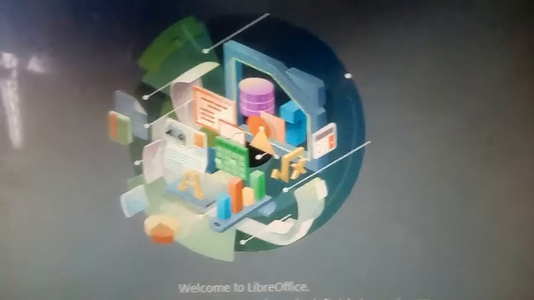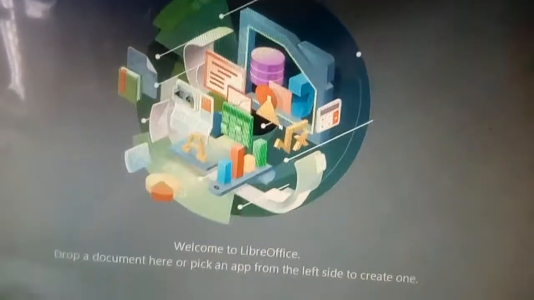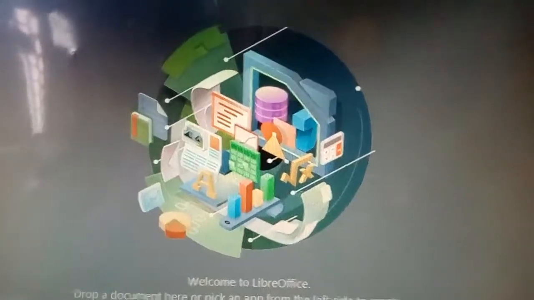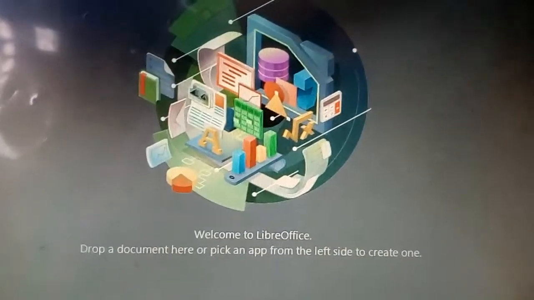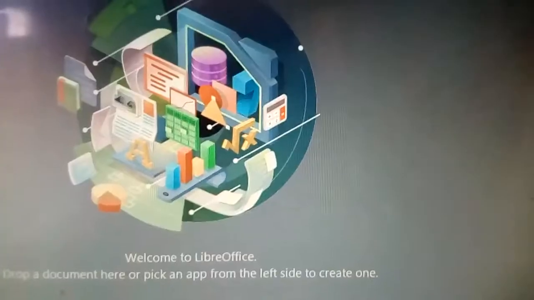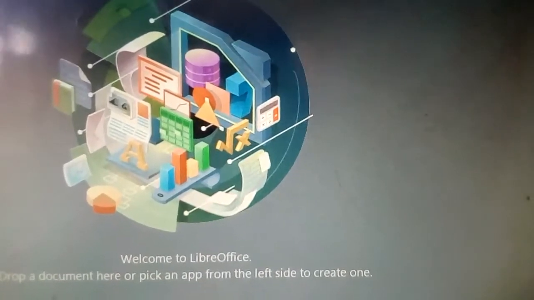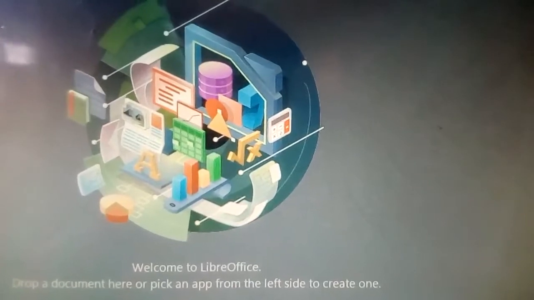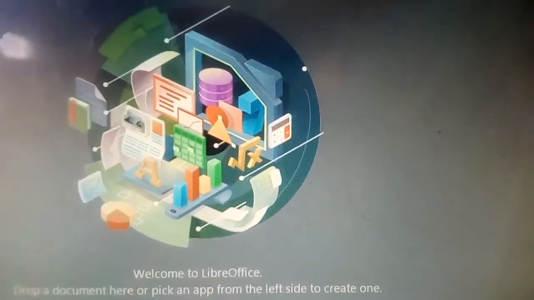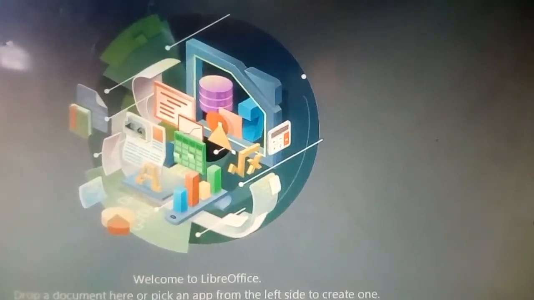So word processing we will do now. Word processing means what? Here you can create, edit, format, retrieve, and print a document, right? A word processing application or word processor is used for performing all the activities of word processing.